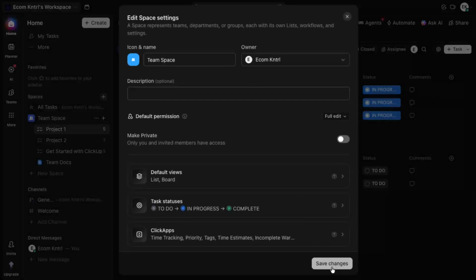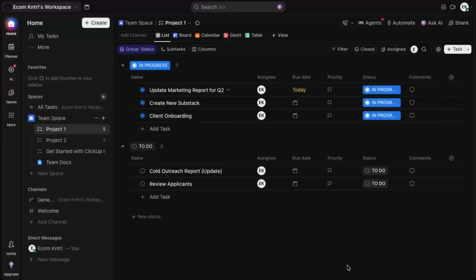Scroll down if needed and click on the button labeled Save Changes. This step is important because if you close the window without saving, the owner will not be updated. After you click Save Changes, the new owner is assigned to the space. They'll now have the appropriate control over